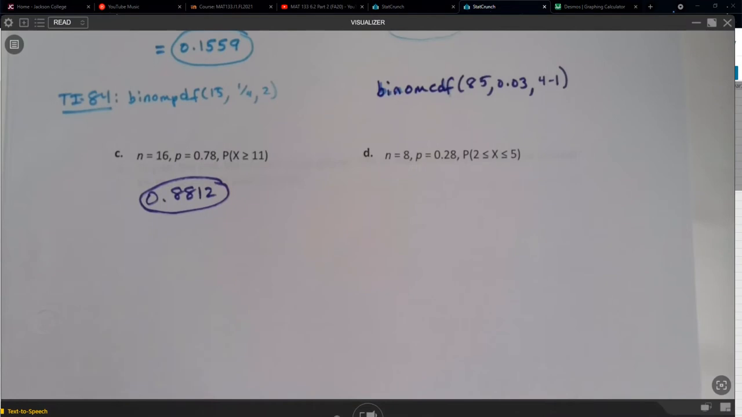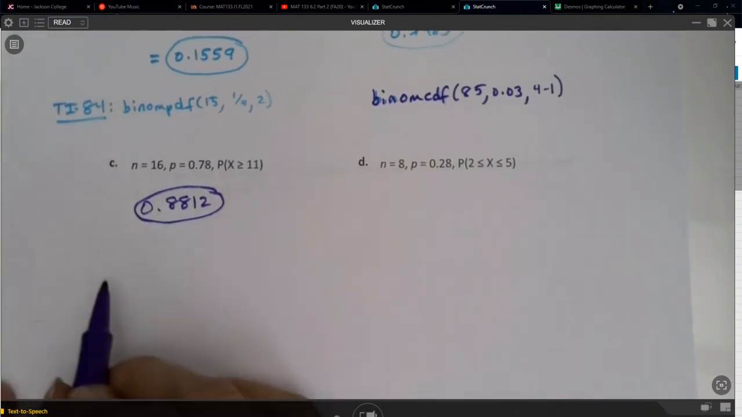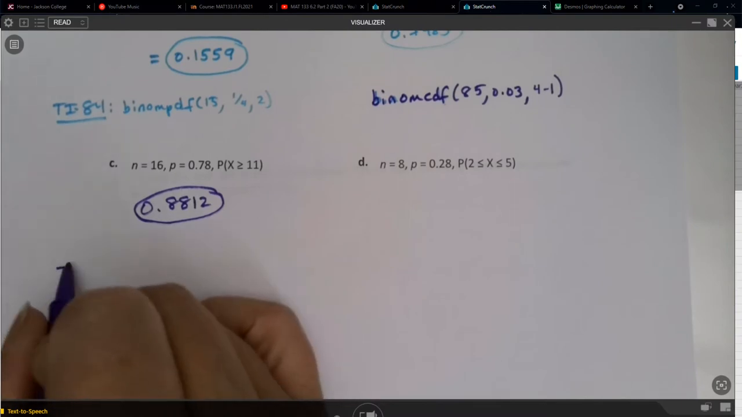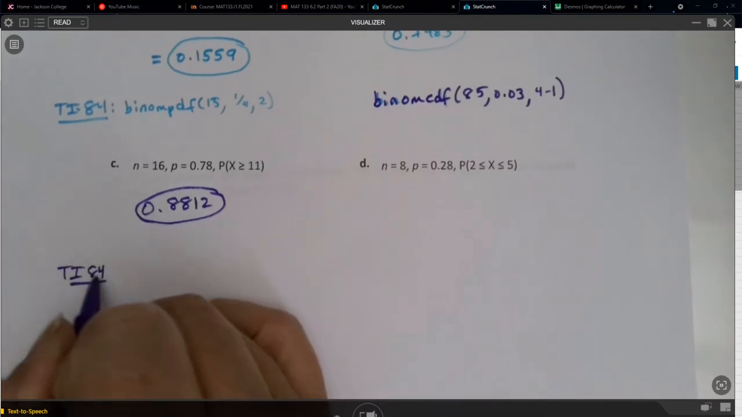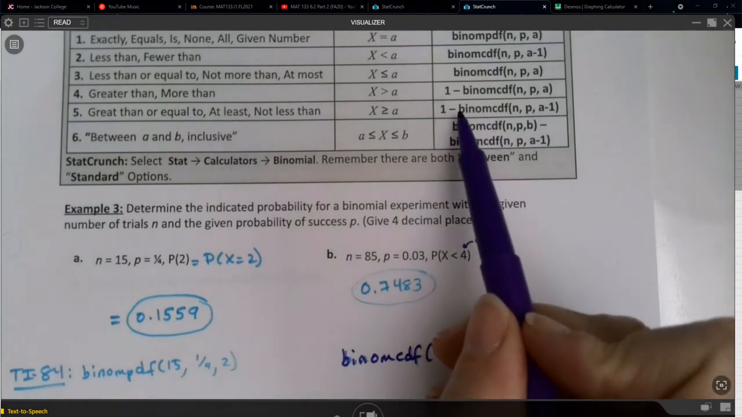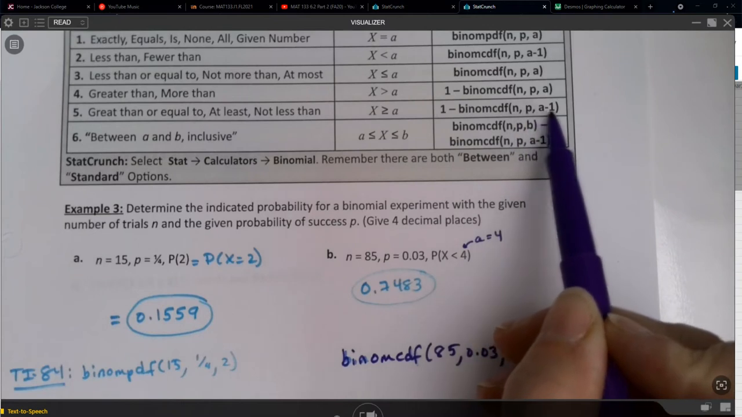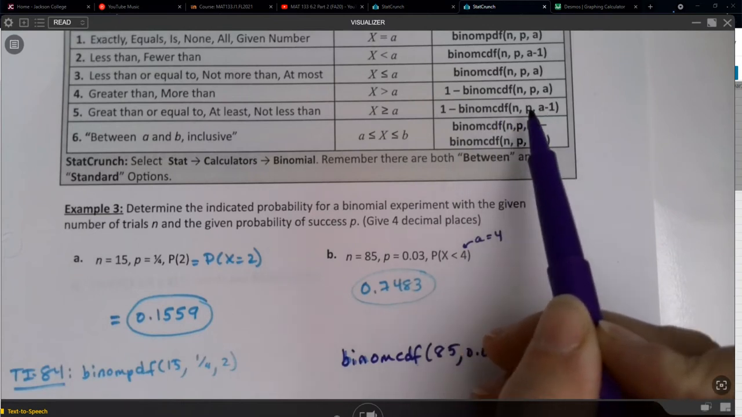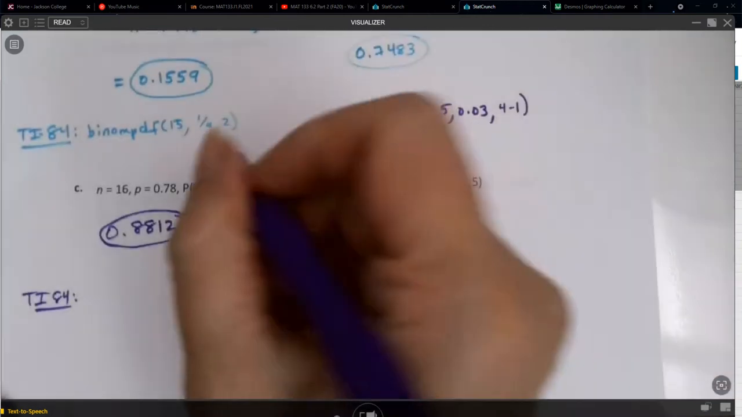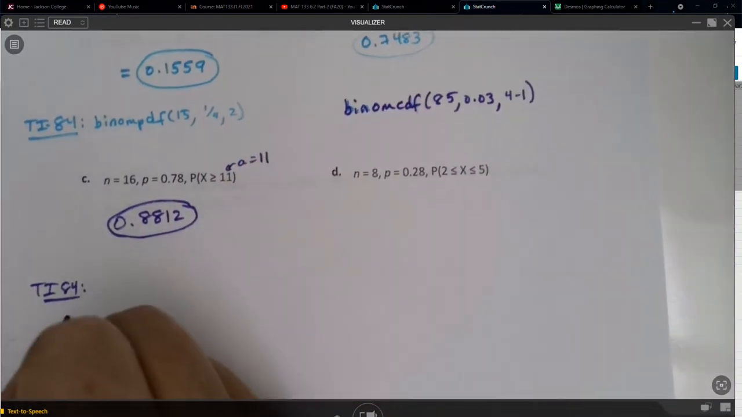Okay, so now TI-84 people, again, if you're on StatCrunch, you can just kind of skip this a little bit. But on the TI-84, the greater than or equal to's are a little bit tricky. You have to do 1 minus binomcdf n, p, a minus 1. You have to follow these rules. A for us is 11. So you'd say 1, take away,